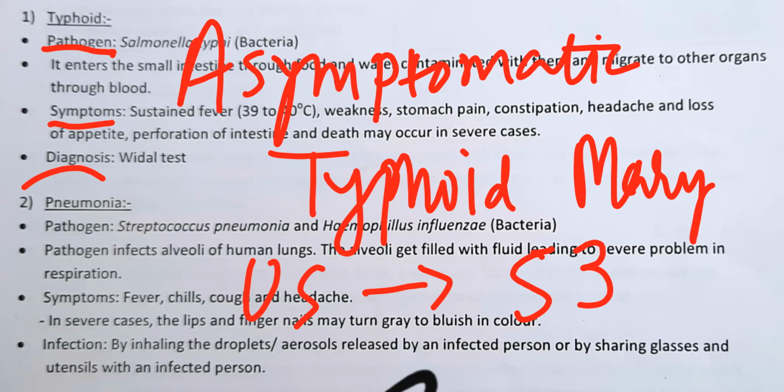Later, while tracing, the government agencies found that it was Mary Mallon. Wherever she went, she was the one common factor for all these people. She was the cook, and the food and water these people were consuming was infected by her, and that was what was spreading typhoid into these families. 53 people were found to be suffering from typhoid one after the other, and 3 of them even died.